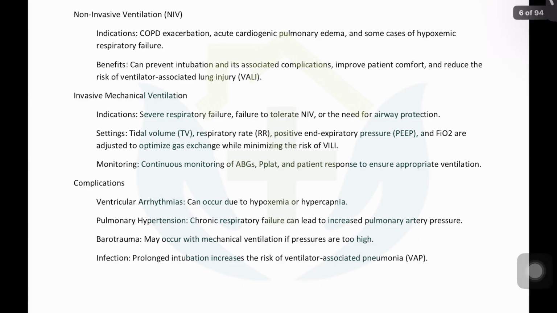So that's called a tidal volume. That helps the tidal exchange. That is the main ventilation that we are going to achieve. Second is the respiratory rate, through which we try to decide what level of carbon dioxide you want to achieve.